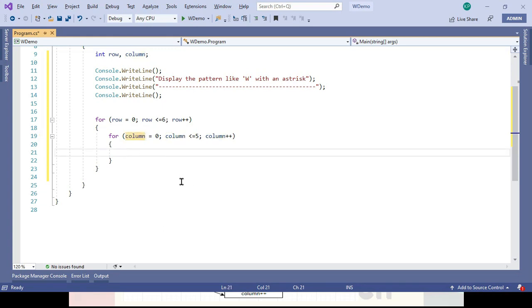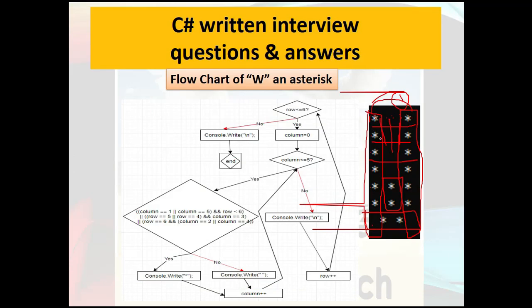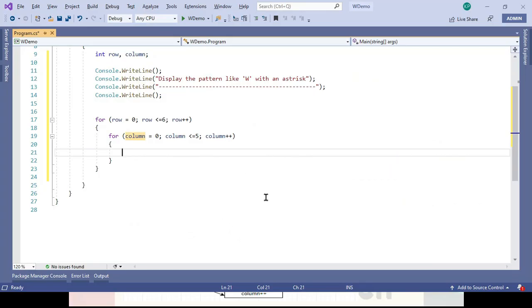So now I will start for this left hand leg. Okay, I will implement the left hand leg except row 6, because you can see rows 0, 1, 2, 3, 4, 5, not 6. Okay, so what my logic would be,